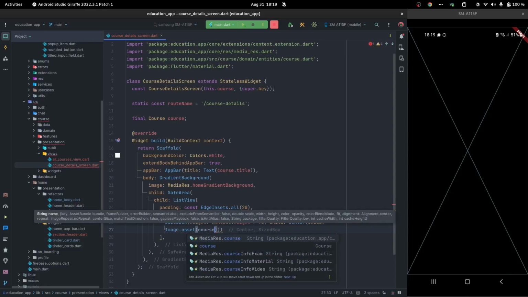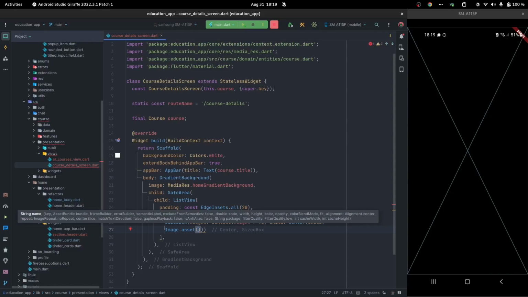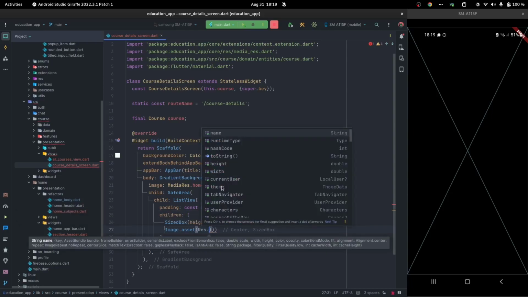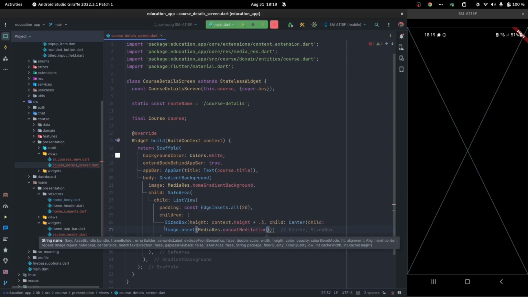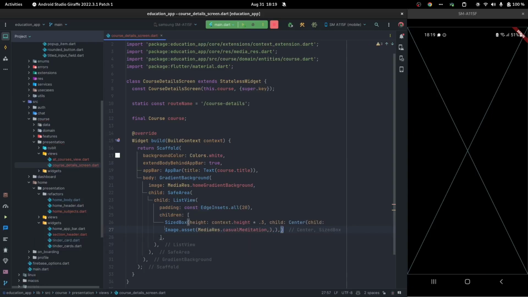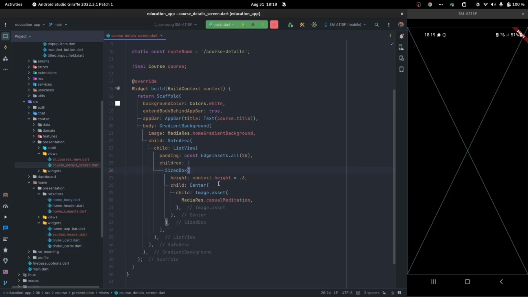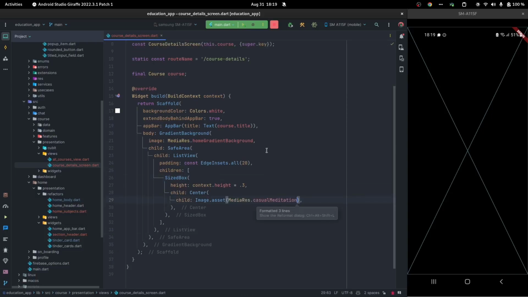Let's use the course. No, in the UI that I have, we show the meditation res, so we could either use that or use the actual course's picture or image. However, let's just go ahead with what we have on the UI. Res dot casual meditation. I do think using the course.image will be better. So let's use the course.image, and if it's empty,